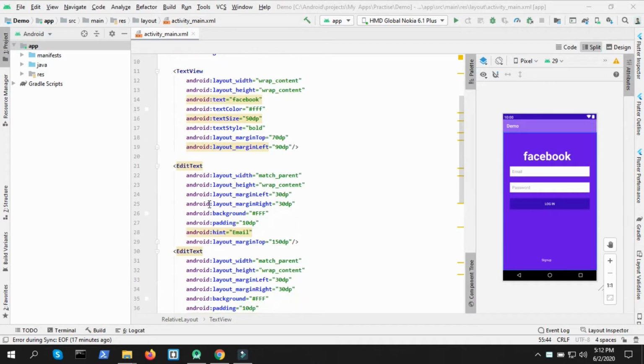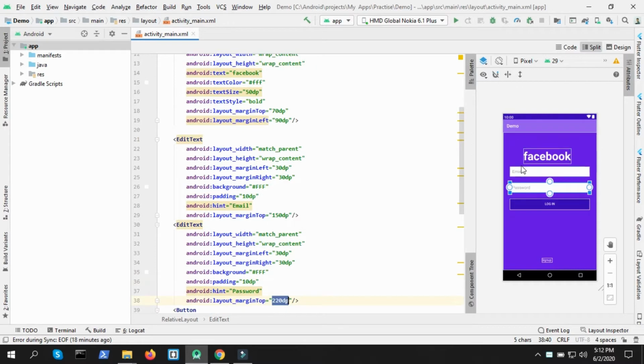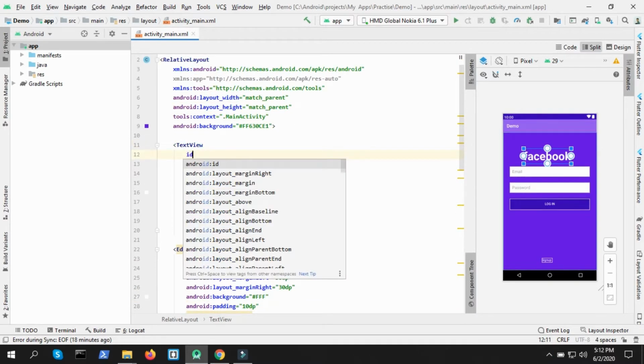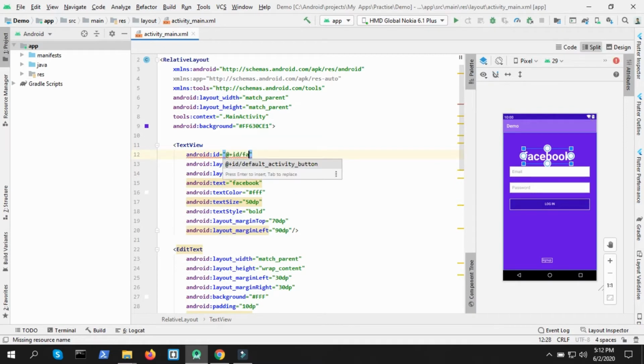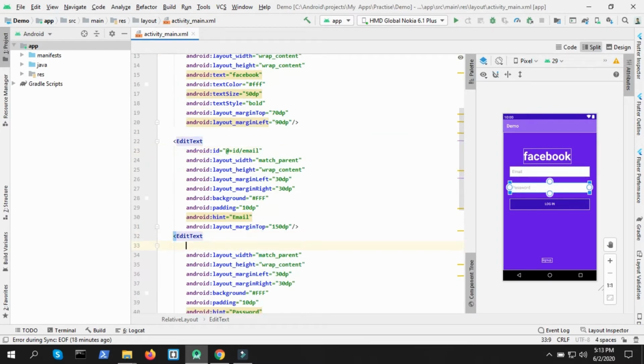What we can do, we have given margin top here as 150, then we have given 220. It's a little bit confusing, right? So instead what we can do is that we can give id to every widget. Let's say id Facebook text, then we can give id here as email, then this id text will have id of